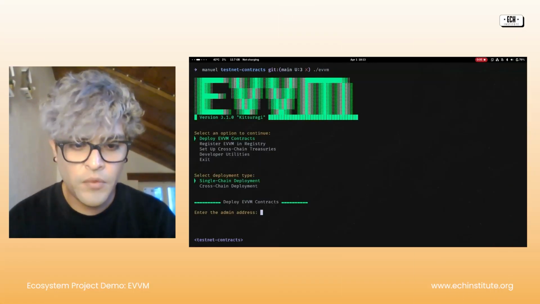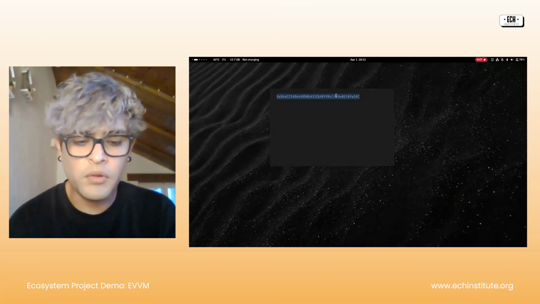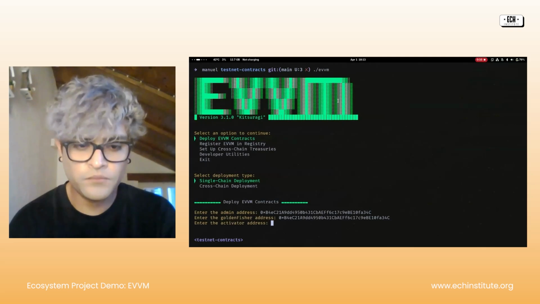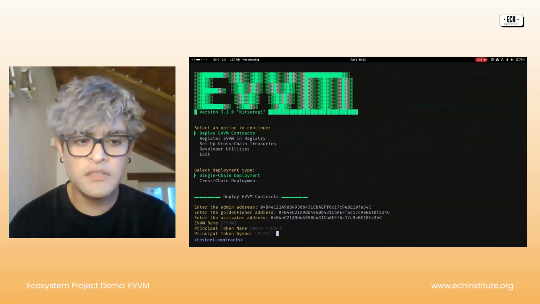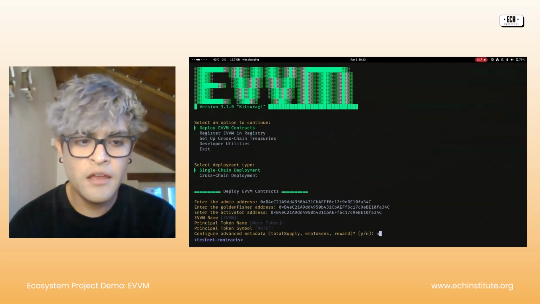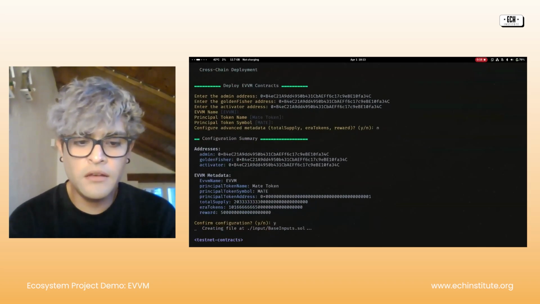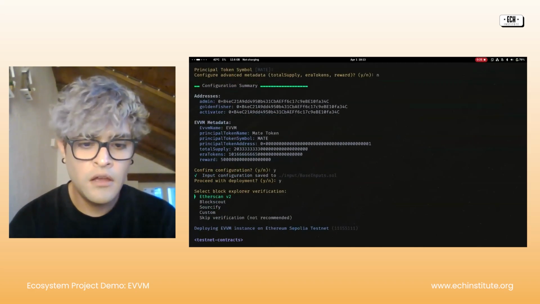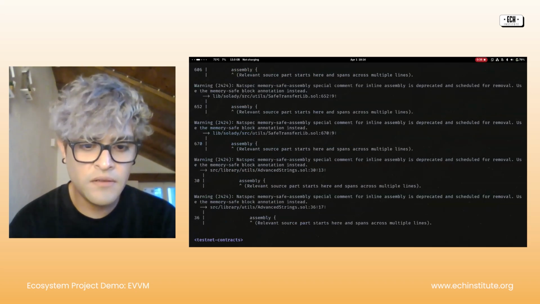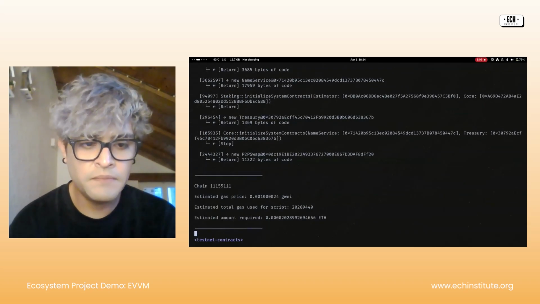So right now we are deploying EVVM to make the integration. It's a simple process using a CLI, so you can configure your own EVVM instance in literally minutes on every chain you want. I'm going to skip a little bit of the deployment part.